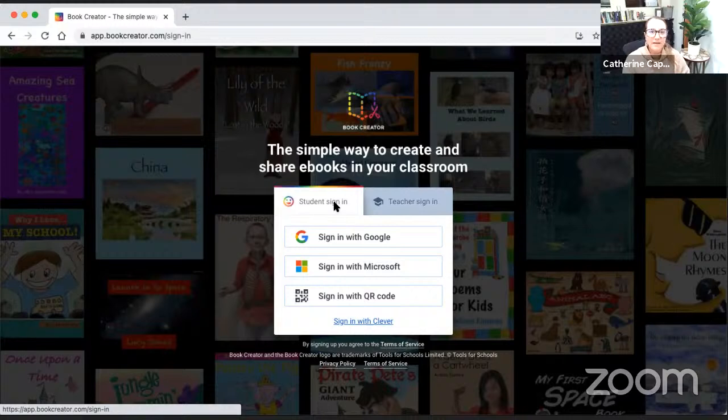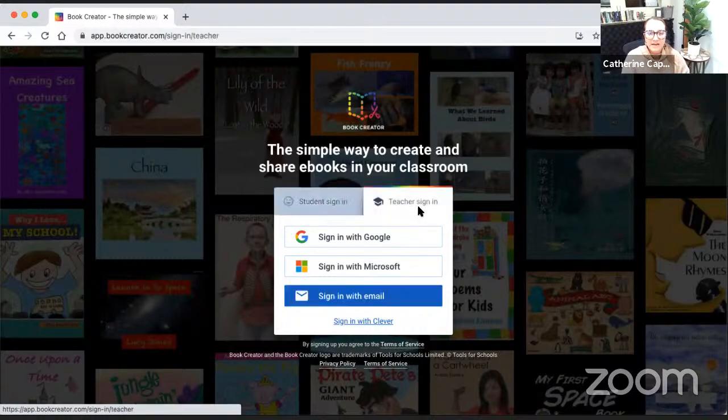There's one other way that students can also join your classroom library, and that's via a QR code. This is great if you're teaching TK, kindergarten, 1st grade, or if you have students that need additional accessibility. I'll show you where you can find those additional QR codes in just a second as well.